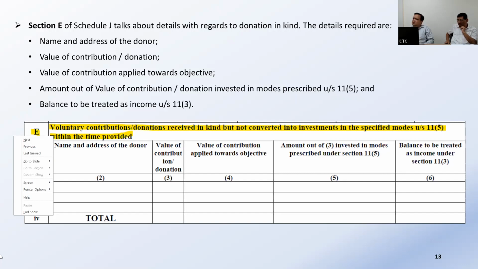The question is, it's like anything, brick, cement, everything. Brick is a movable thing at any point of time, unless I put it on the land. Similarly, gold is a movable item. So unless you prove mala fide, that I then sold that gold next year and bought something else, or I don't convert it into jewelry, that is a different question. But if I have genuinely utilized it for the purpose of application in the next year, I don't see why it should not be allowed as an application. But then, investment in 11.5. Application is different. Investment in 11.5 is a violation, yes.